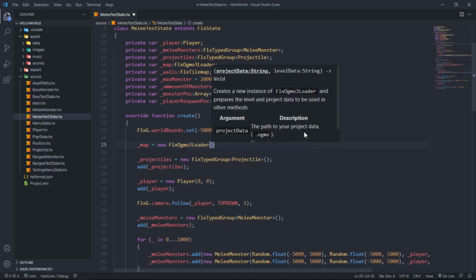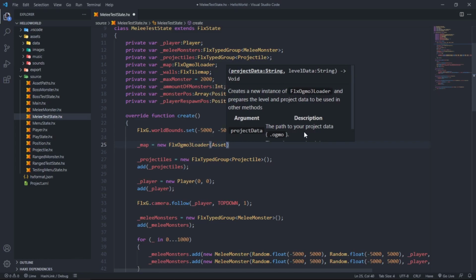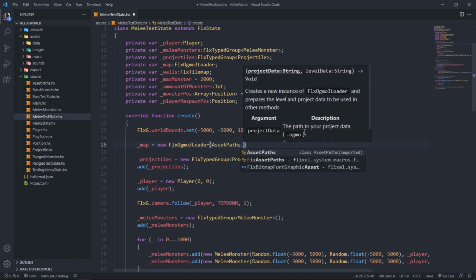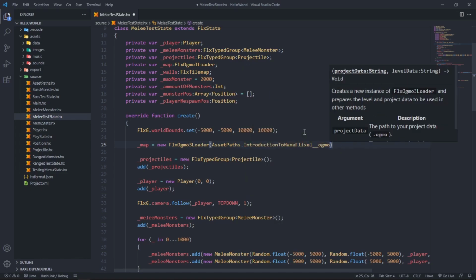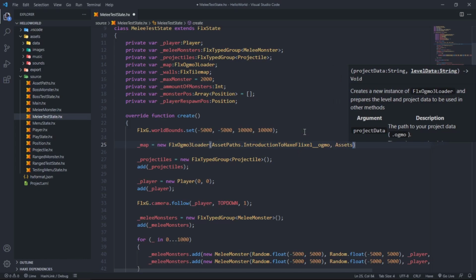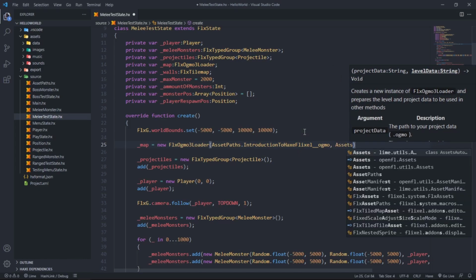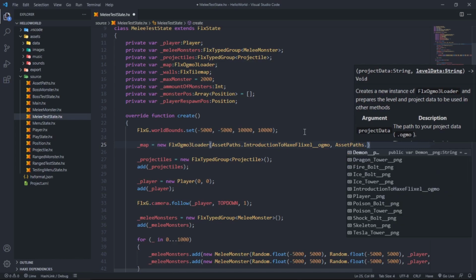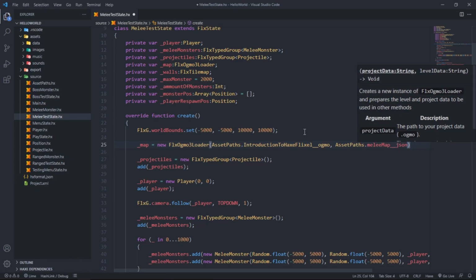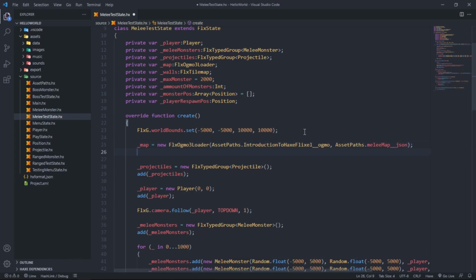It wants the project data, which we can say is AssetPaths.intro.ogmo, and then it also wants the JSON file, AssetPaths.meleemap.json. Cool. And then we say walls equals map.loadTilemap,